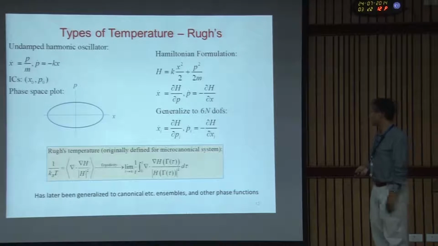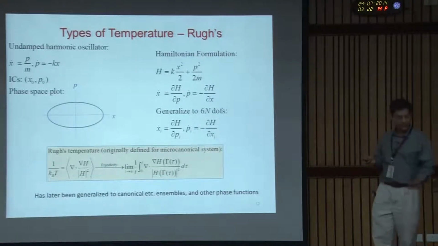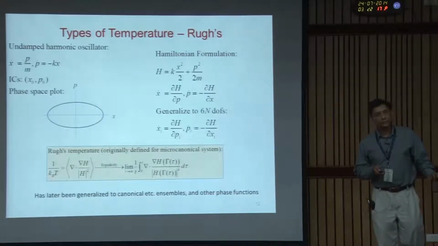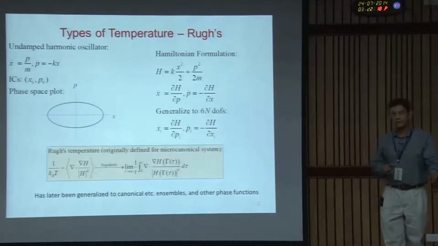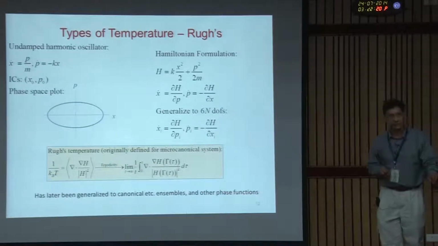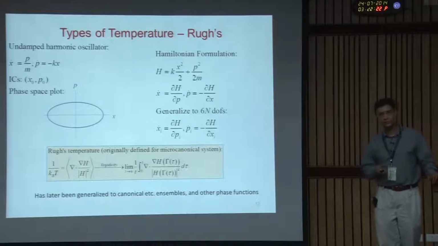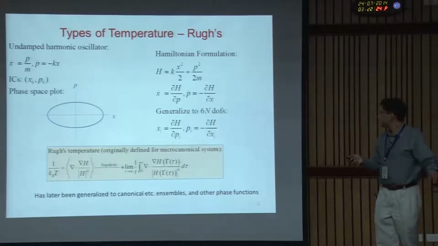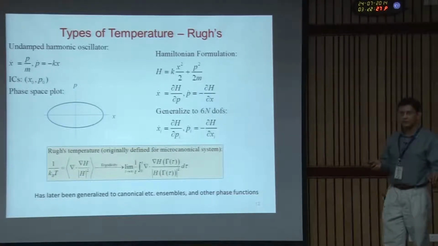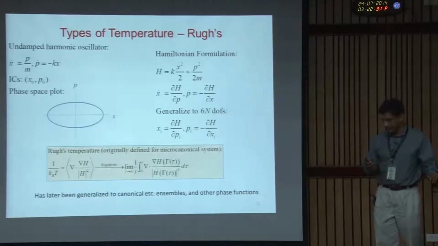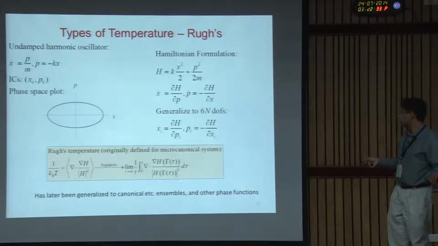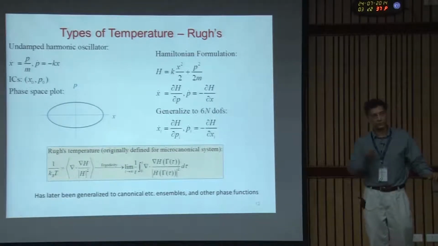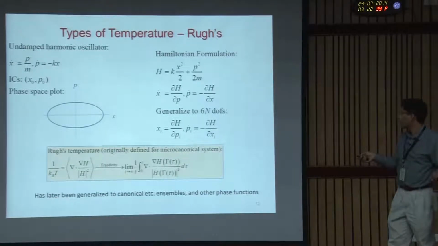In the 90s, this paper was published in 1998. This was a major breakthrough in generalizing temperature away from the kinetic angle. And that happened basically by looking at the curvature of the constant energy surface. So what Rugh did was, let's start with just a 2D problem, an undamped harmonic oscillator, and its equation